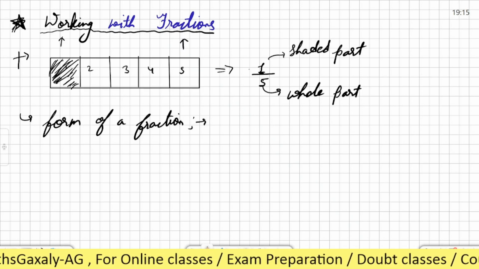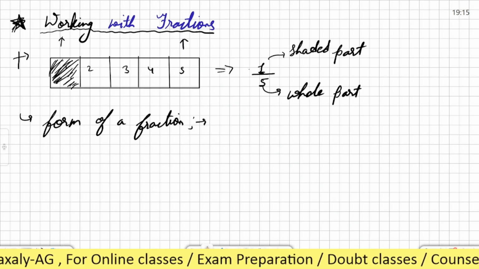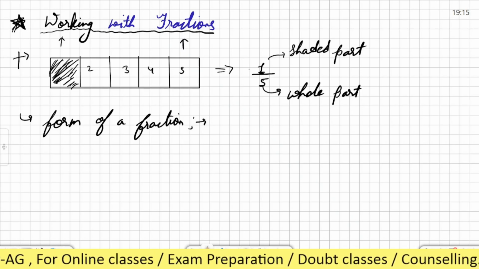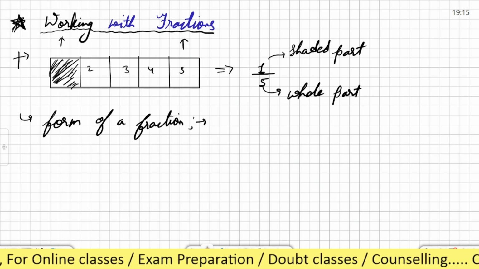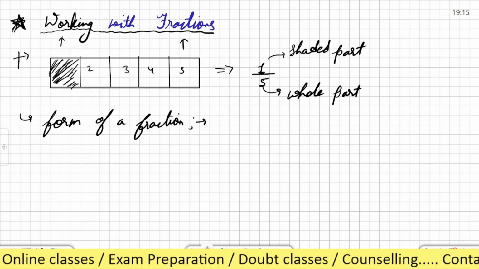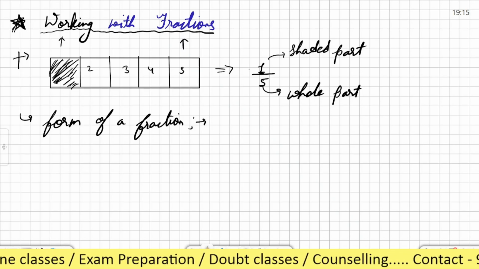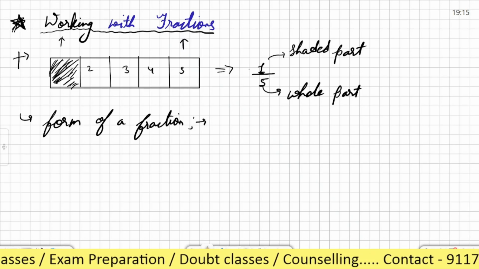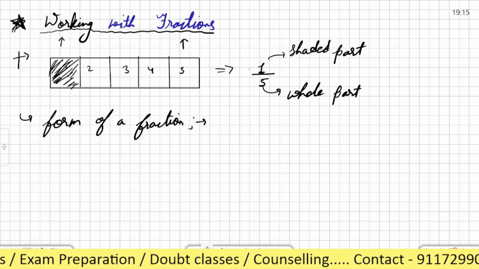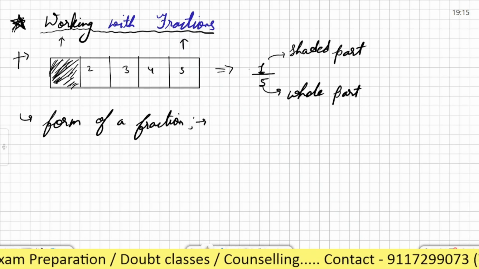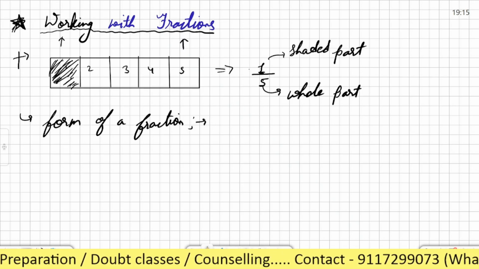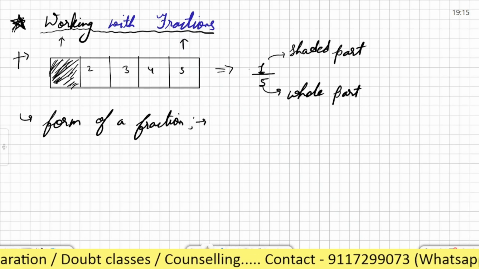Then 2 by 5, 2 by 6, 1 by 2, 5 by 7, all fractions represent a specific part, right? Or a specific value. Then when we have to represent a fraction, or when we have to write the form of the fraction in a general form, then how will we write it? So we will write it with the help of the